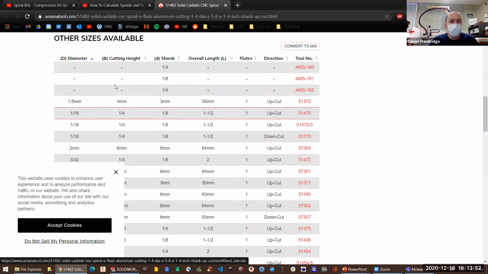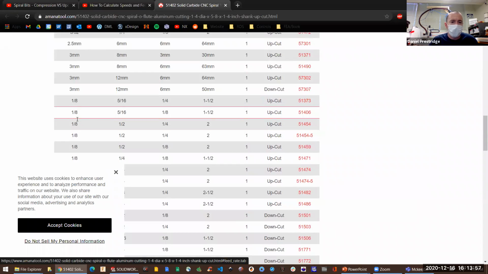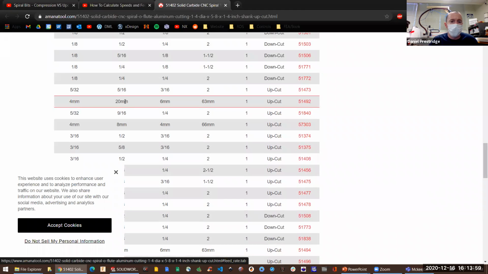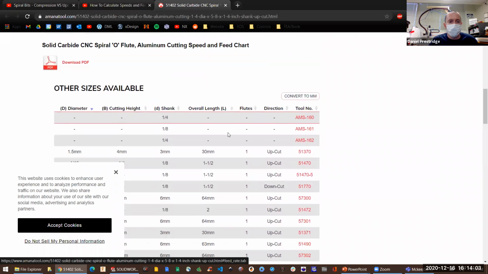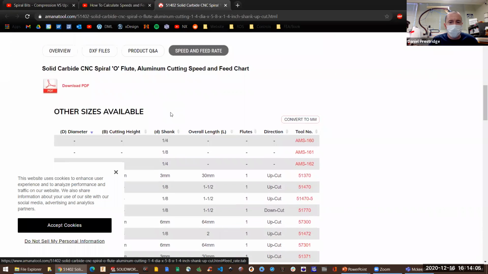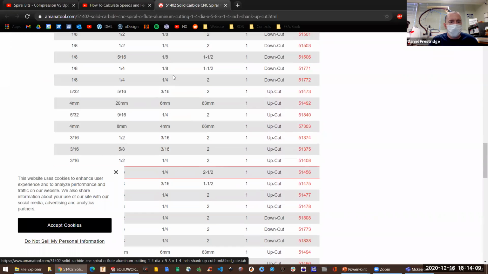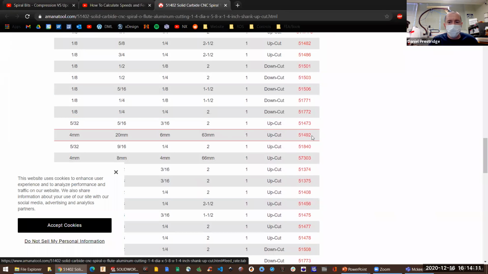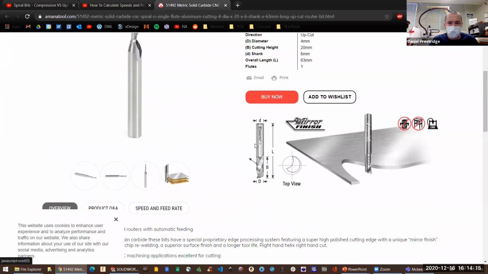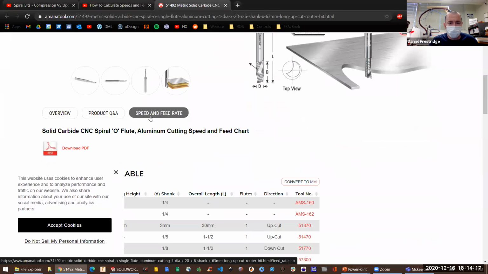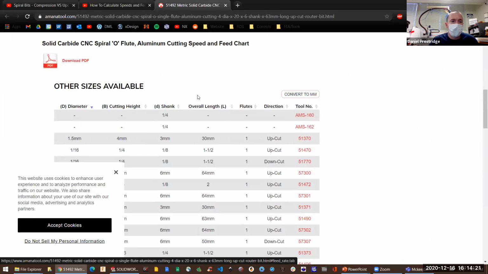but you can go down to the speed and feed rate, and it'll give you whatever diameter you're looking at. And at least I typically run 4 millimeters, and any of the cutting height, shank, all that stuff, that's not what I'm looking for. It's going to be down further, I think, at the bottom. No, yeah. Let's go to 4 millimeters, and let's make sure that this actually shows up. Probably should have had that. All right, well, so there